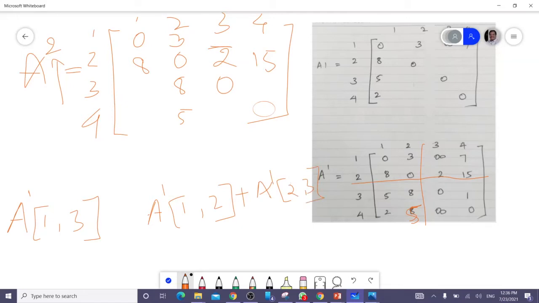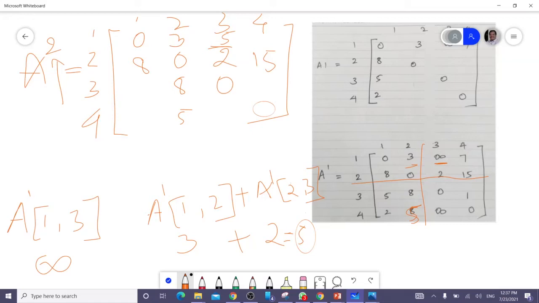So 1, 3 is what? It is infinity. A1 of 1, 2 is 3, and A1 of 2, 3 is 2. So what happens? You get 5. Is 5 less than infinity? Yes. You write 5 here. This is the value that you have deduced.